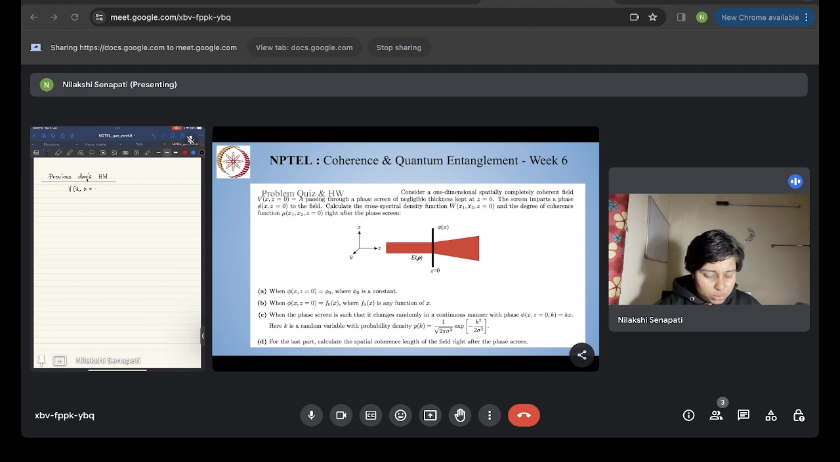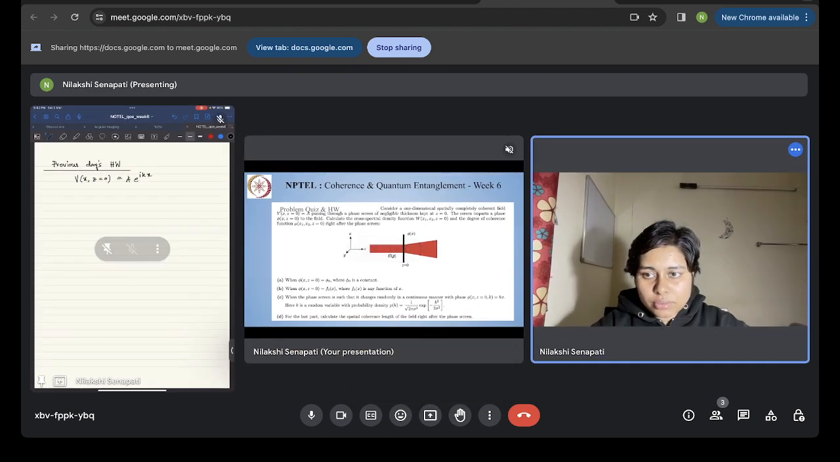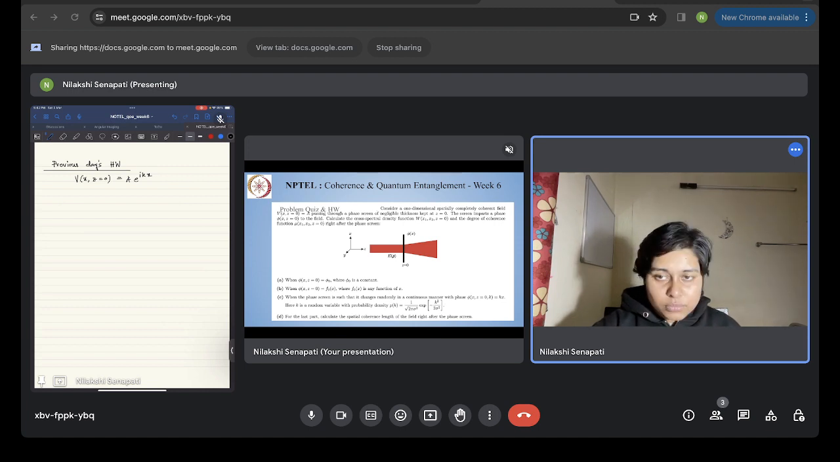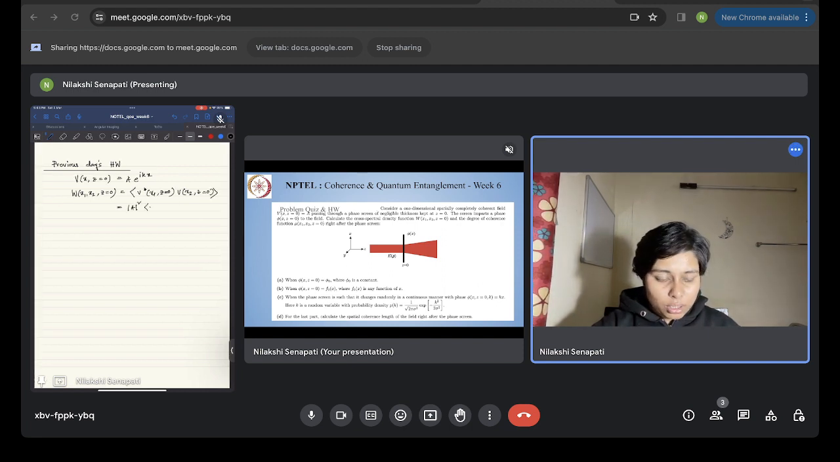So here V(x, z=0) is equal to a e to the power i k x. I hope everybody of you can see this. Now W(x1, x2, z=0) will be V star(x1, z=0) V(x2, z=0), which is equal to a square e to the power minus i k (x1 minus x2). I am just substituting all of this. Whatever this is x at x1 and this is x2, the difference between them, and then whatever I am getting, I am writing that,